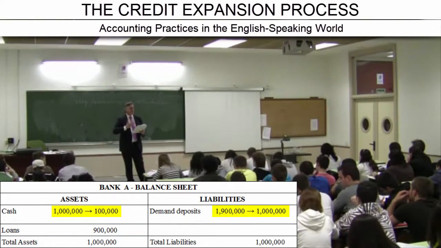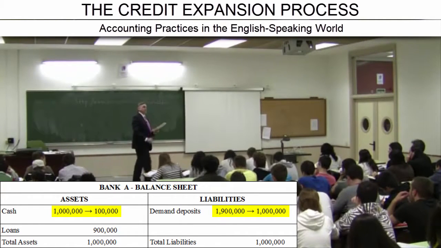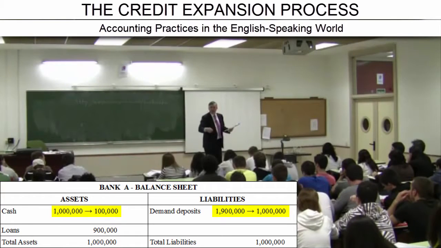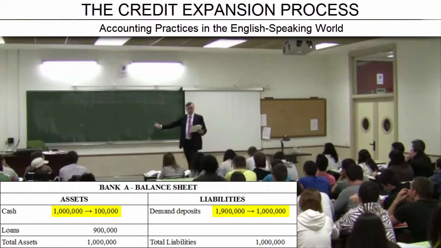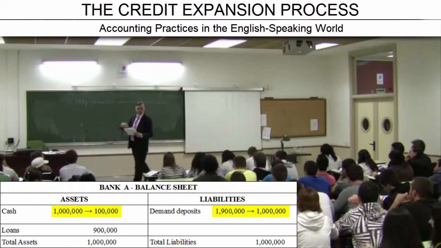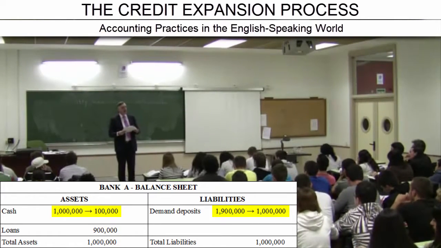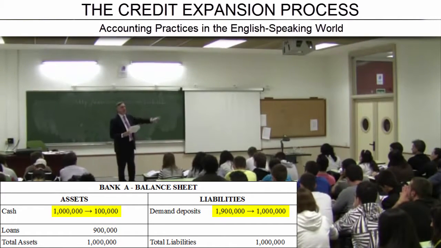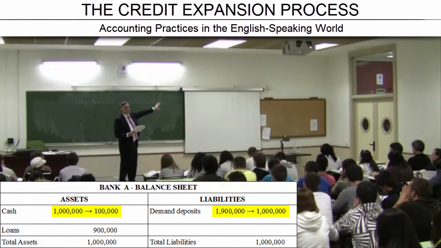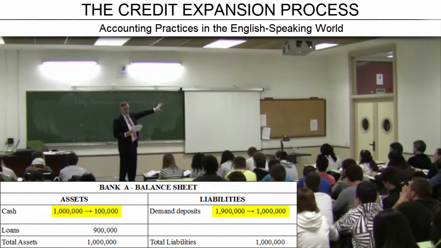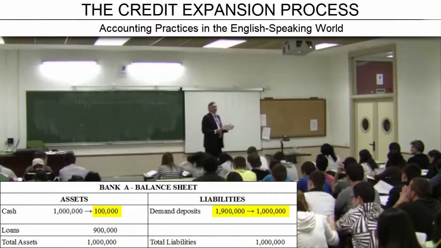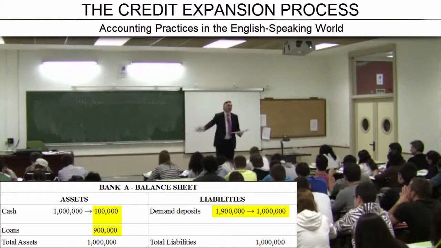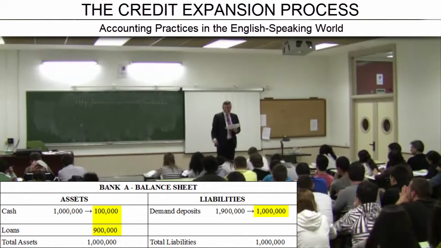Only if the receiver of the loan begins to use the checkbook and writes checks up to the loan amount of 900,000 units to pay his suppliers, etc., will the money gradually come out of the vault, until we arrive at the very same balance sheet as before, when we discussed the continental accounting system. Once the borrower, who has received 900,000, has written several checks totaling 900,000 and has taken the money out of the bank, only 100,000 is left in cash in the bank's vault, and entries are made for 900,000 in loans and 1 million in demand deposits.